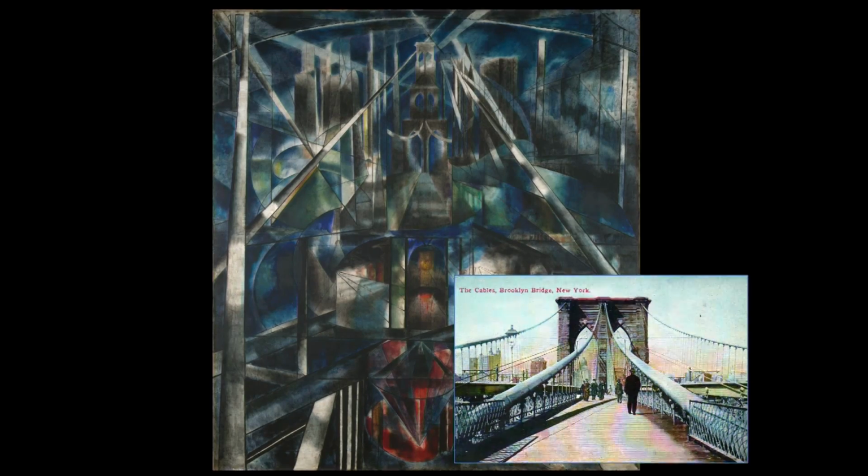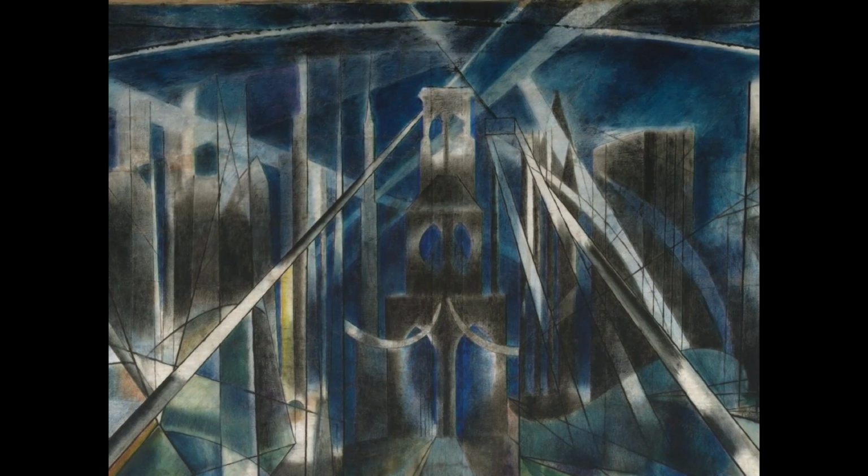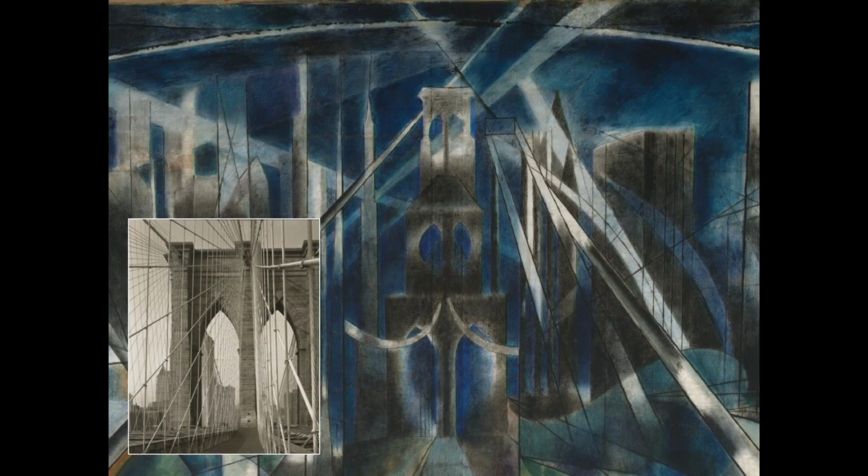Your eye may have been drawn to the tower in the center of the painting, which includes the other distinctive feature of the bridge, that pair of pointed arches in each pier, which give it a historical flavor, a kind of double triumphal arch or a section of some vast medieval building. Well, a modern photograph reminds you that Stella has made a triple-story pier out of the motif, changing the actual structure into a soaring church tower or campanile. That Gothic